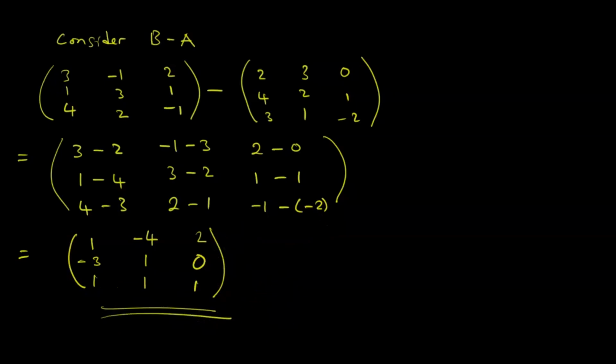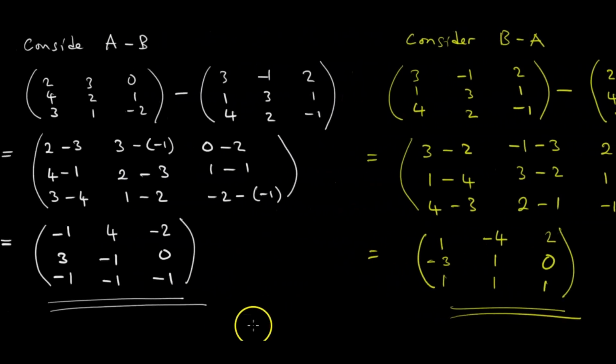Like this. Let us compare our answers. Here it's minus 1, here it's 1, so they are different. 3 and minus 3, minus 1 and 1, 4 and minus 4, minus 1 and 1, minus 2 and 2, 0 and 0, minus 1 and 1. And I think you have to notice that the numbers, disregarding arithmetic signs, are the same, but the signs are different, like they are polar opposites. They are like north and south, because minus 1 here is negative, while the corresponding 1 is positive, 3 is positive, we have minus 3 here, minus 1 here and 1 there.